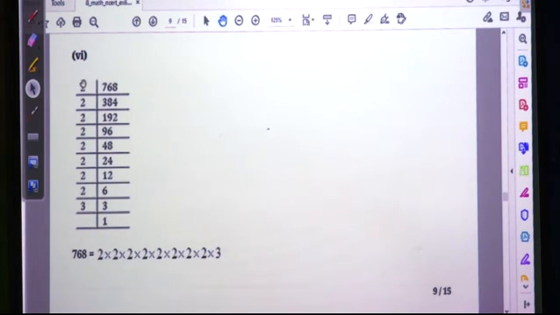How many times is 2 present? 1 2 3 4 5 6 7 8, means 4 pairs of 2 are present